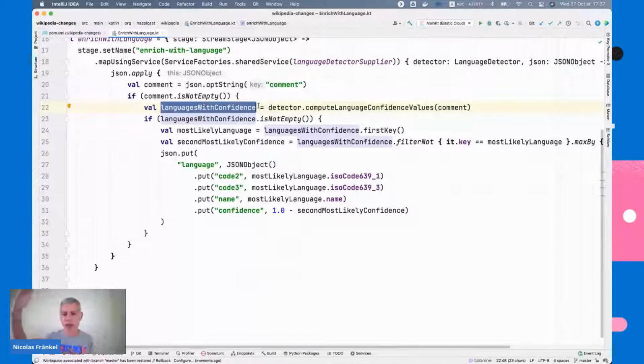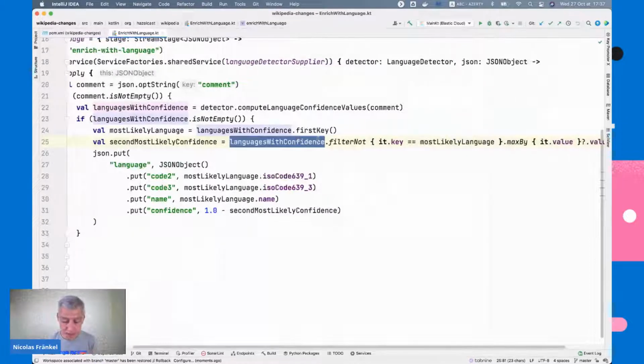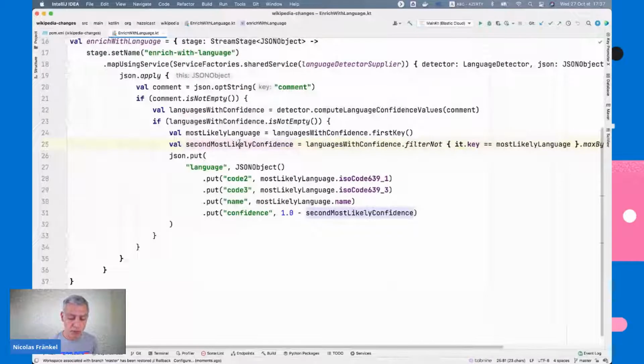Then I will get the second one. And if there is no second one, that's perfectly fine. If there is a second one, I will get the second most likely confidence, and I will subtract it from 1. Because the first one always has 1.0, and I want to understand the second one.